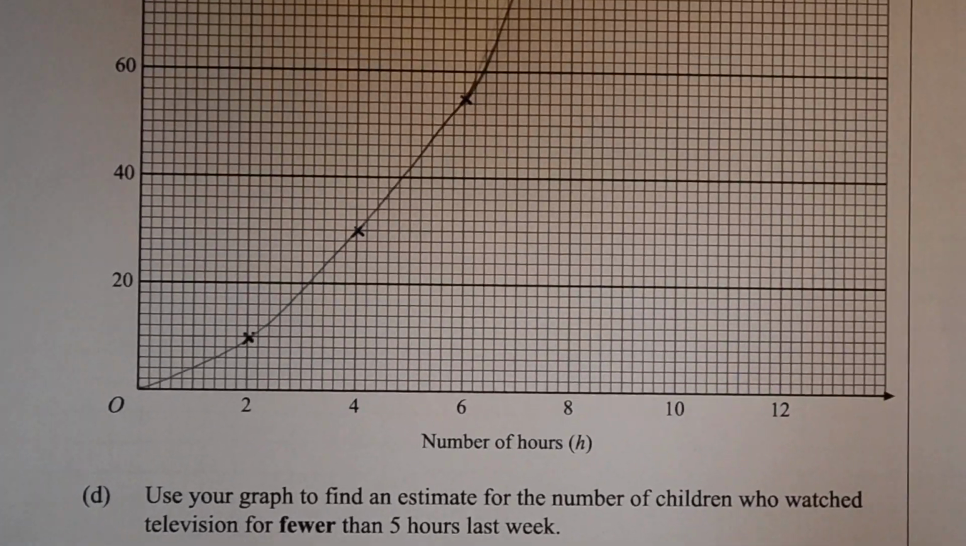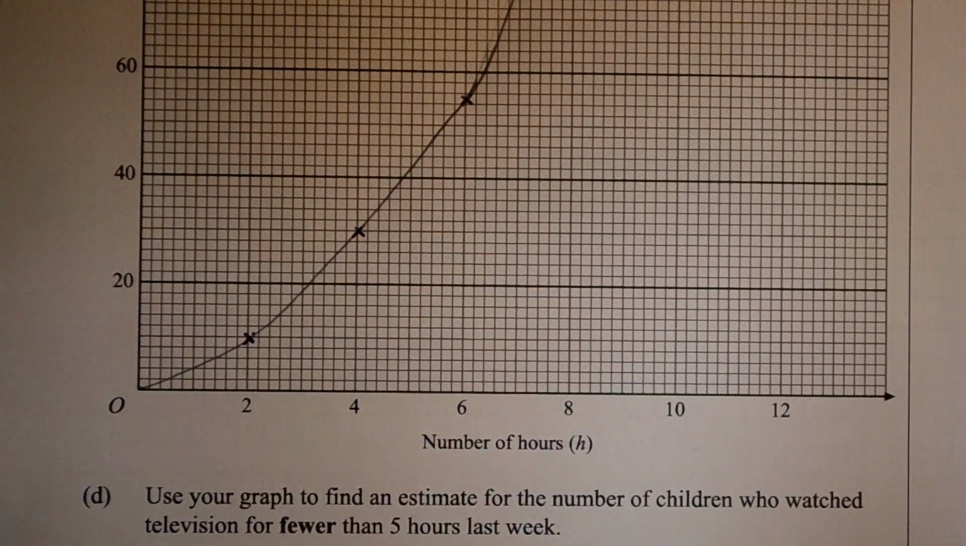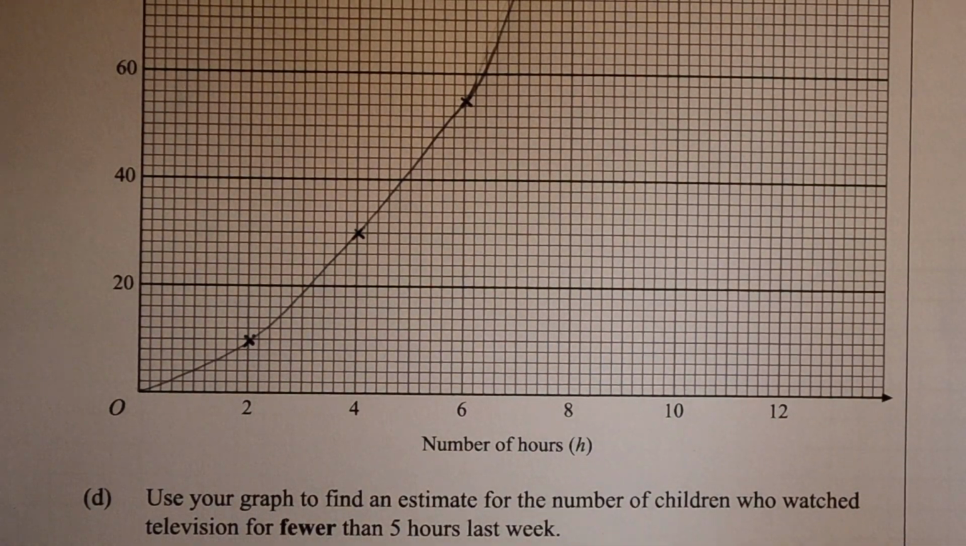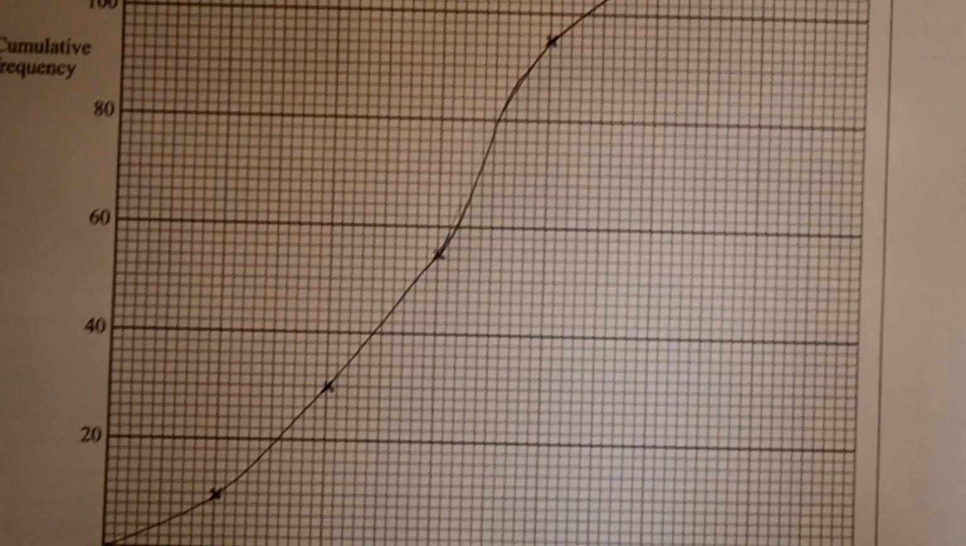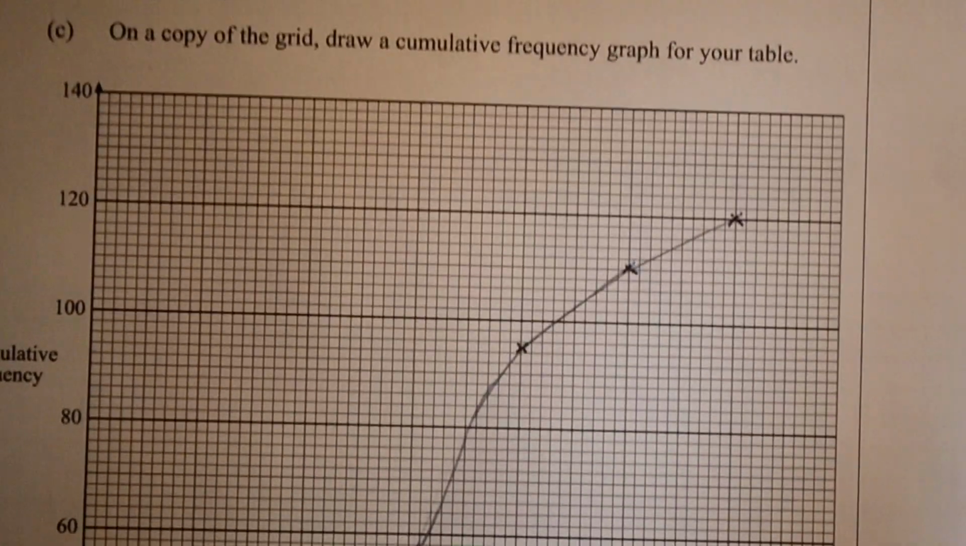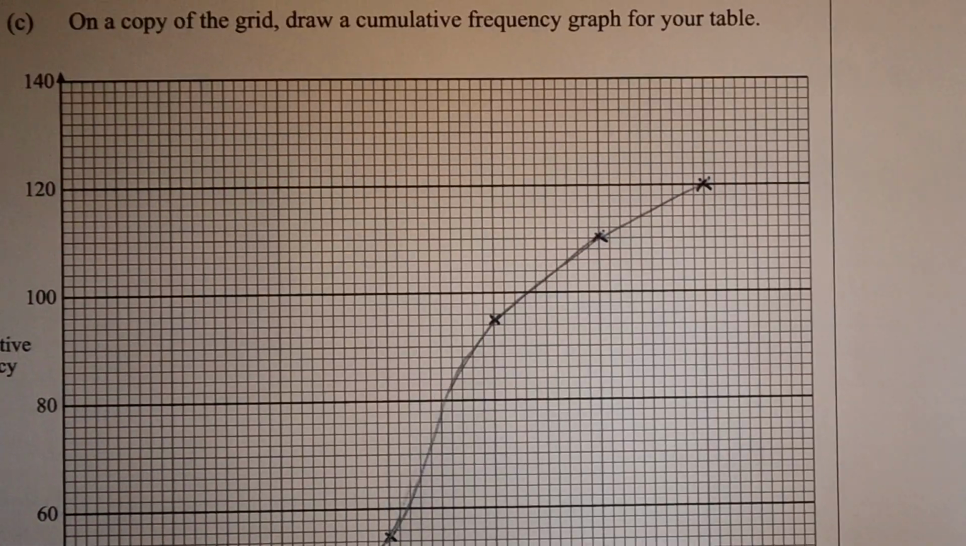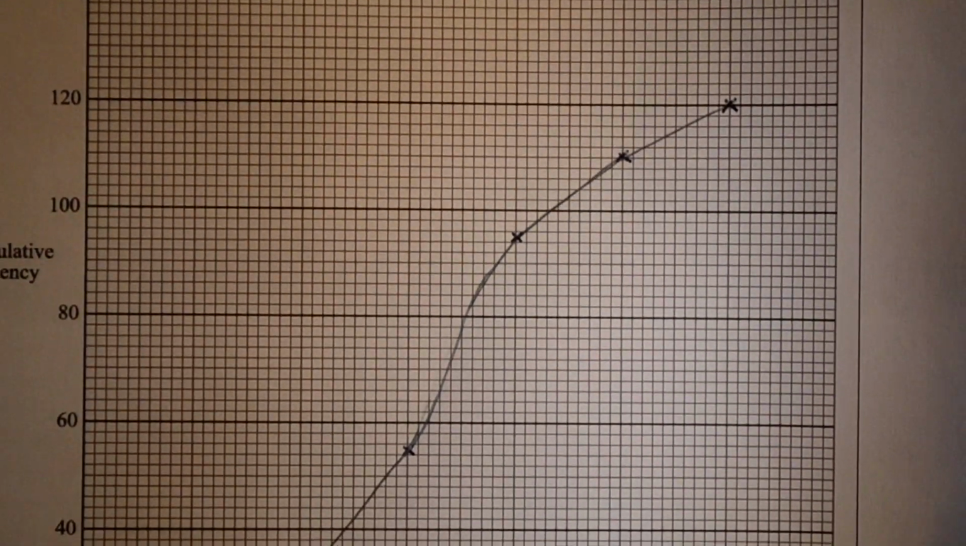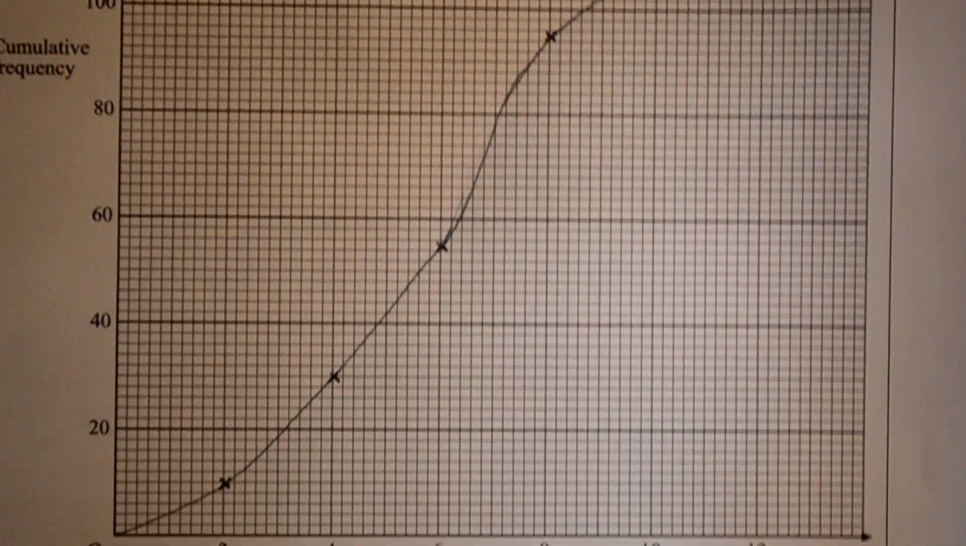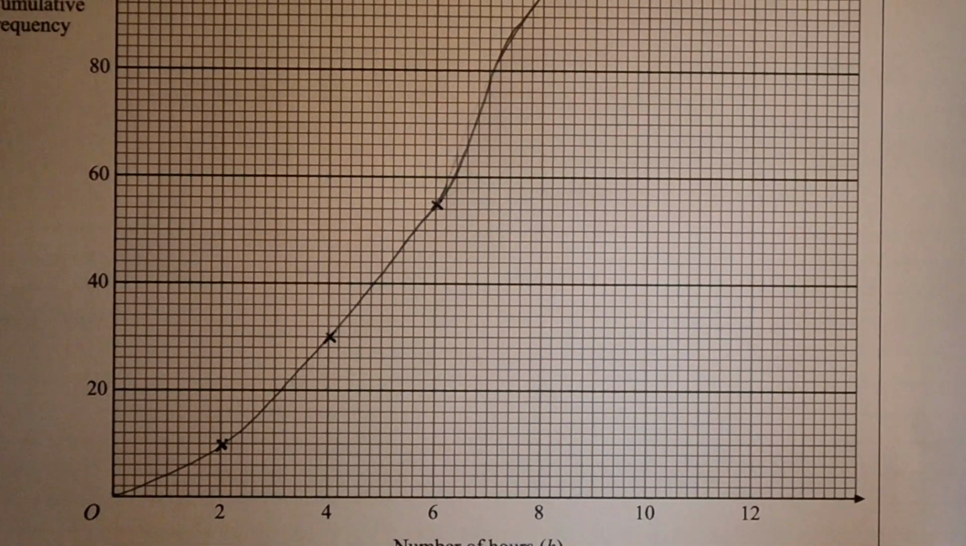This video is about interpreting a cumulative frequency graph. Now you'll see that a cumulative frequency graph has already been drawn, and what it does is show the number of hours that a group of 120 children spend in a week watching television. So we can see that